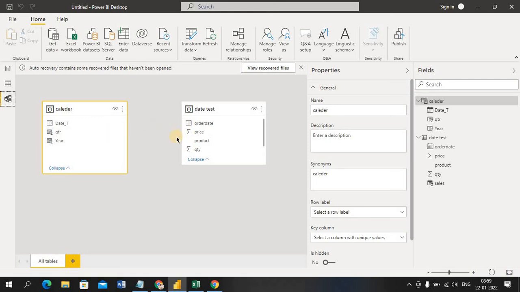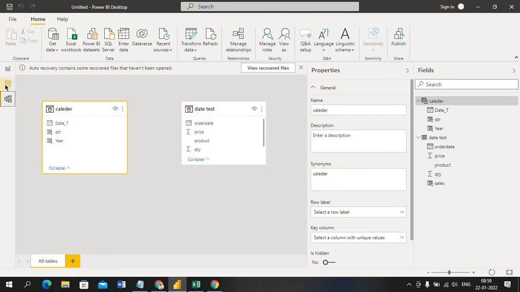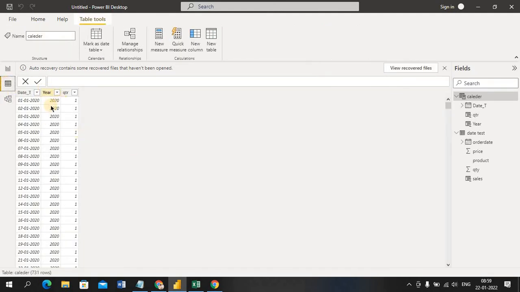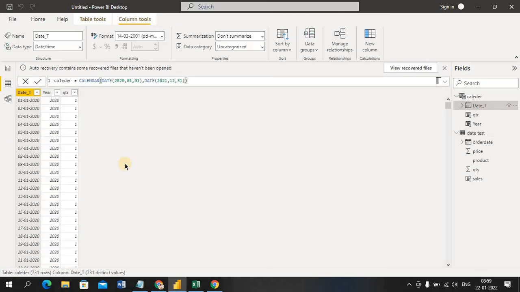Now these are individual tables, so you can see the data is very little for this data set. But if you see this calendar, many are there. This is a small data set, but here see how many dates are continuing. So continuous dates are there, right? Continuous dates are there. So we'll see how.